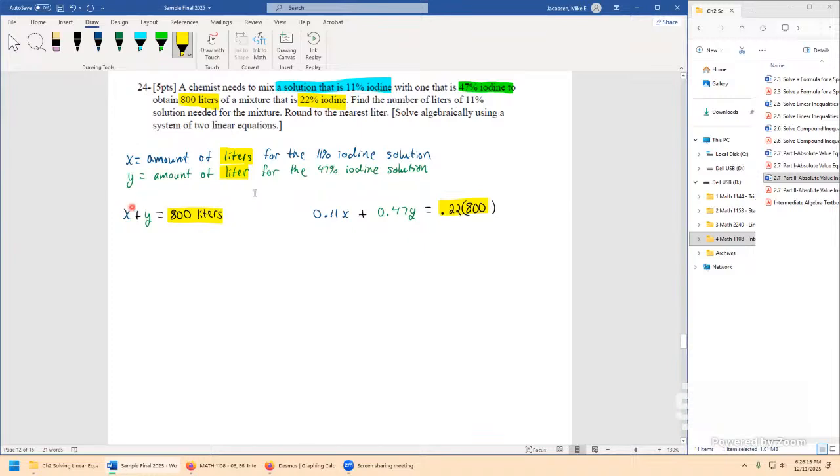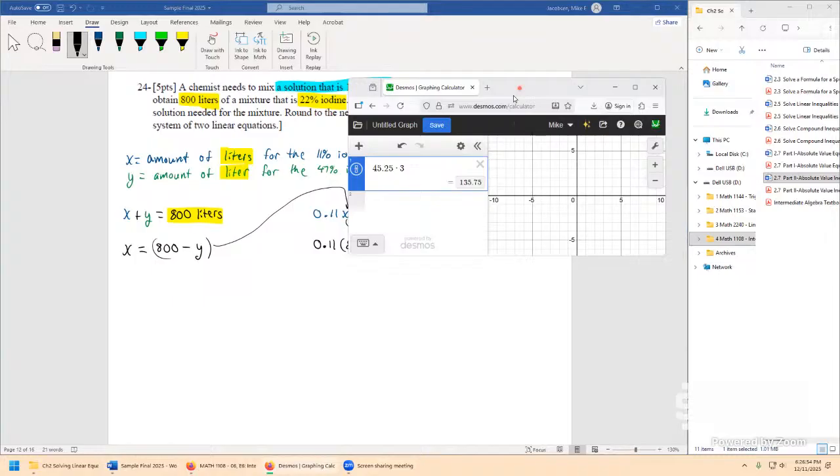Lots of ways to solve this, but because there's decimal numbers over here, I feel like the elimination method is a little touchy. Let's solve for a variable, maybe say the variable x, and use the substitution method. We solve for x, we'll get x is equal to 800 minus y, and we take this whole thing and drop it right here where x is. That'll give us a new equation, 0.11 times 800 minus y. Just use an arrow to convey that substitution, plus 0.47y equals, don't forget the calculator, here's another one we need,